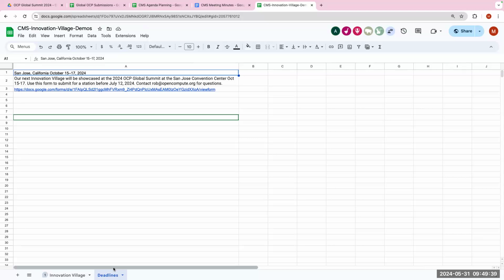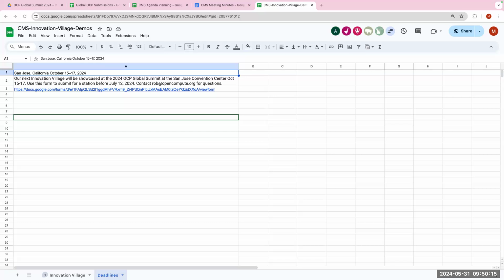It has to be related to one of the elements of OCP tenets plus focus areas like hardware, the rack, cabling, software. Any one of them, but somebody has to clearly articulate that this demo has relevance to OCP. Without that, it won't make the cut. So it will be important for you to add the list of demos that you're targeting in this spreadsheet. We can go through the vetting process and make sure they're indeed relevant for OCP and it makes sense to prioritize them.